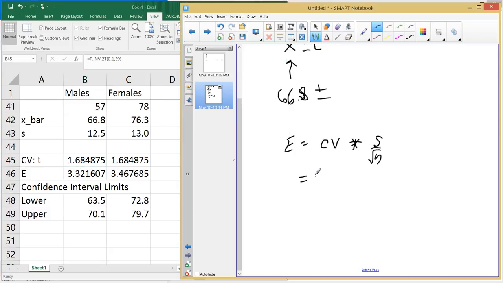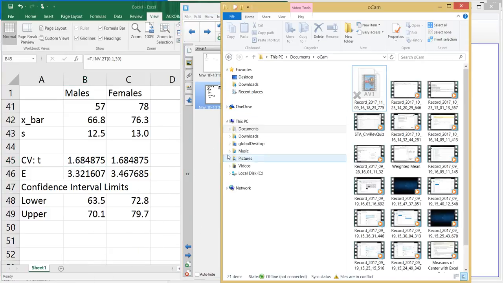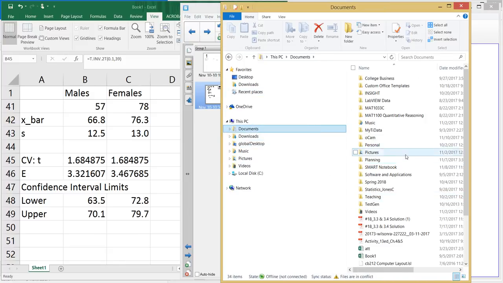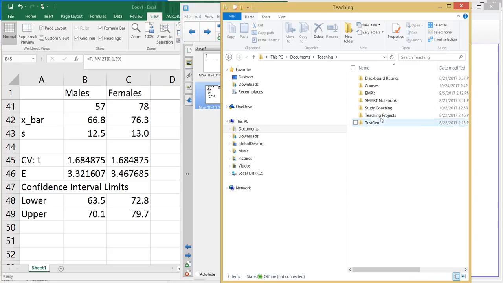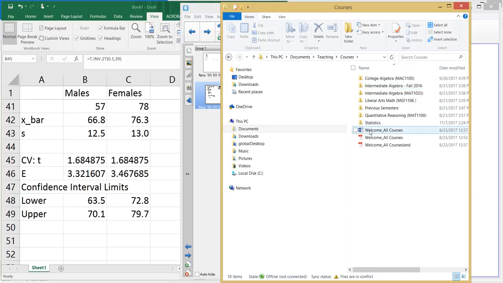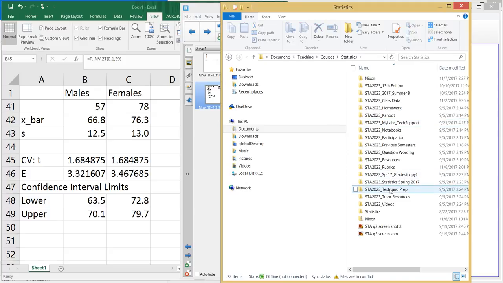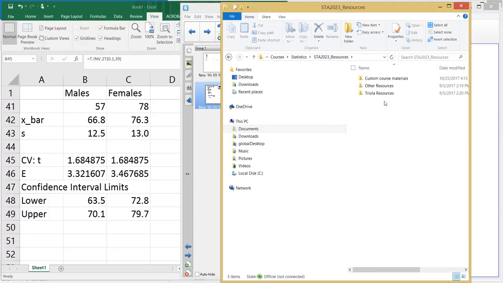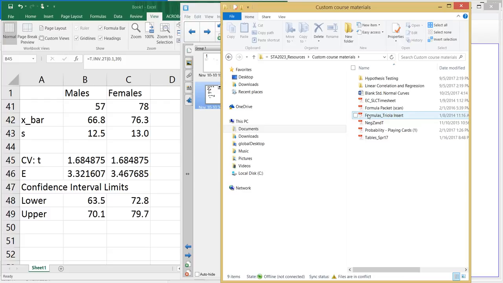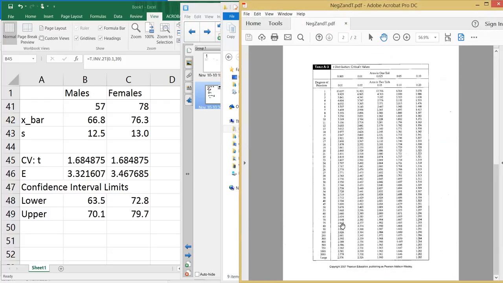Actually, let me use the table on this step since you guys probably are wondering how to do it with the table too. And it's going to take me a minute to get there. It's buried way down deep in my files. Where is it? There it is. Okay, so my t-score table